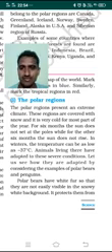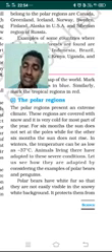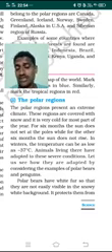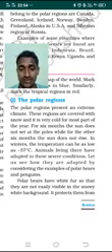Daytime. So the sun does not set for 6 months. On the other hand, the sun does not rise for the next 6 months. For 6 months the sun does not set, and for the next 6 months the sun does not rise. So this is the specialty of the polar regions.